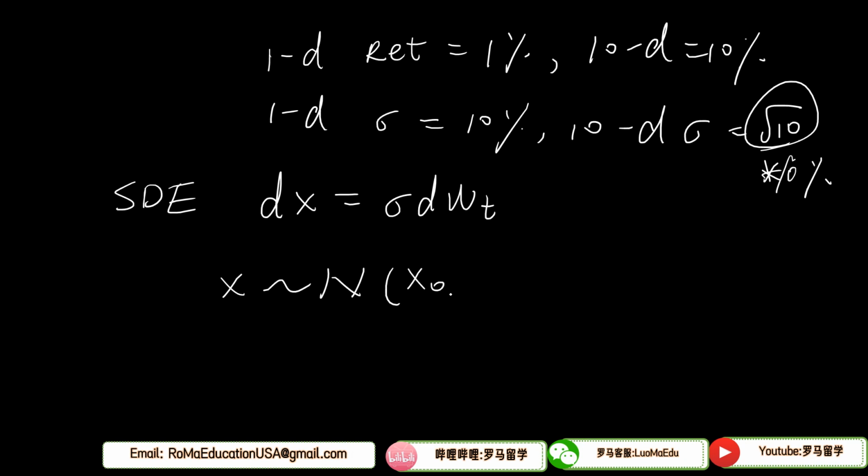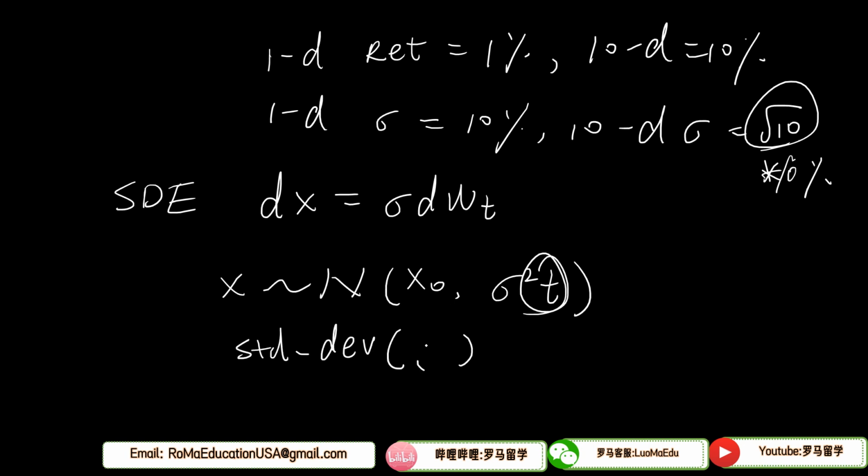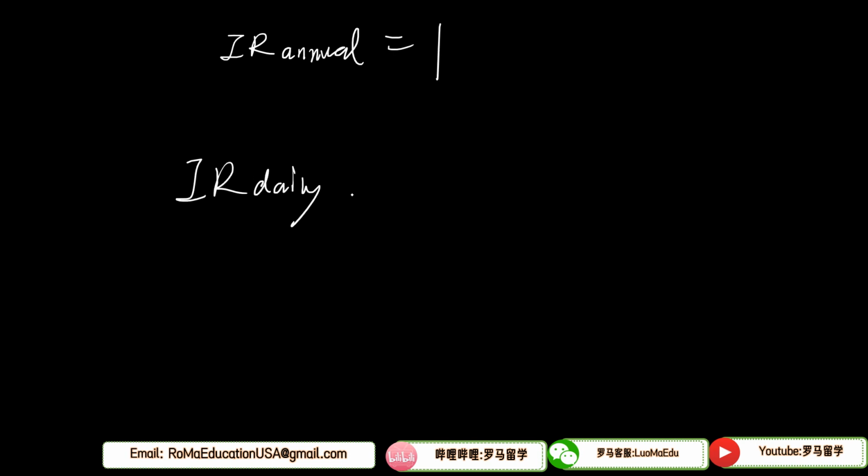is that, let's see a stochastic differential equation. To make it simple, let's say dx(t) equals sigma times dW(t), and x(t) is a normal distribution with a mean equal to x(0), and a variance, which is very important here, of sigma squared times t. So the variance is a linear function of t, so the standard deviation is the square root of t.